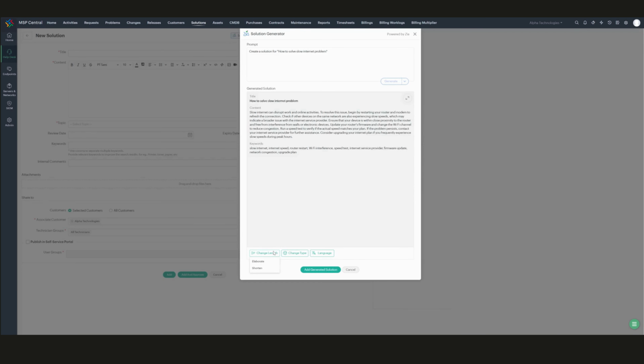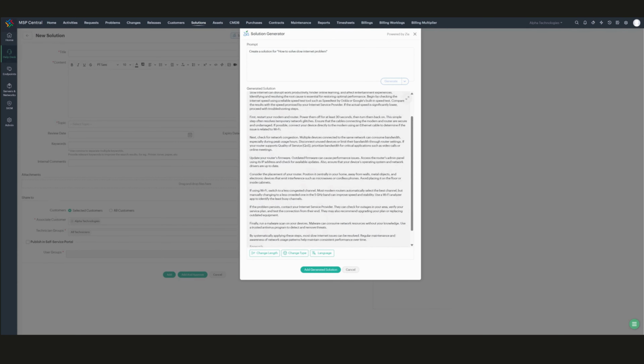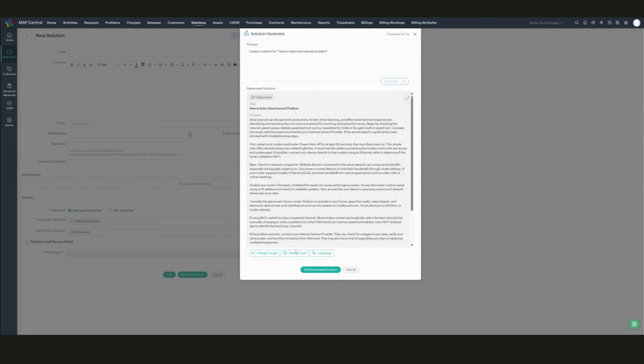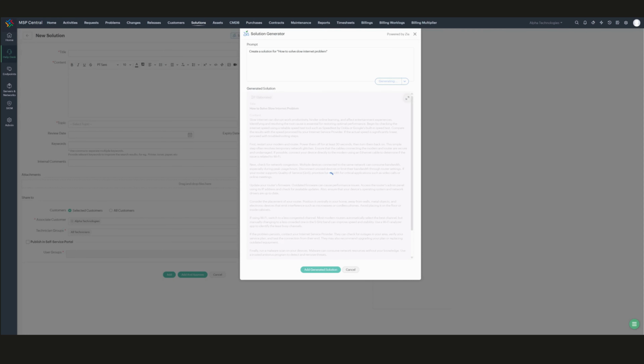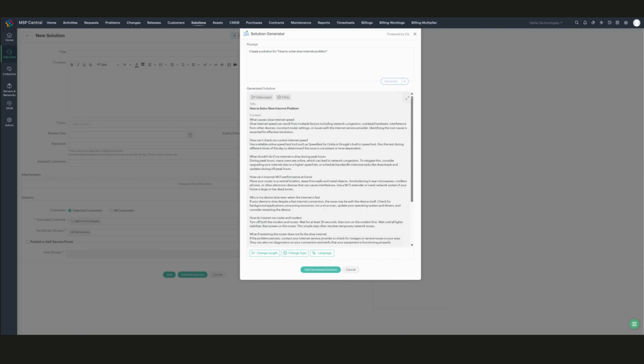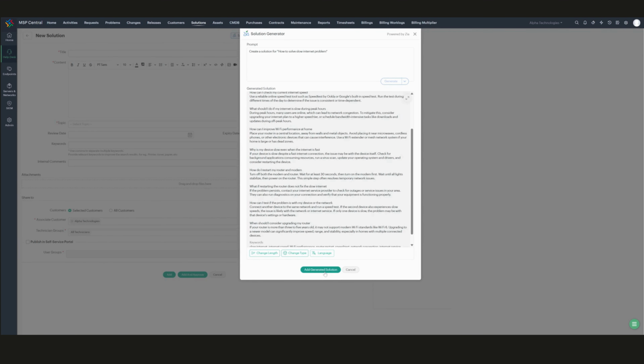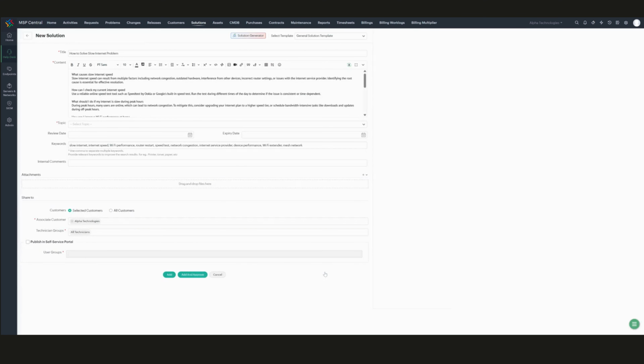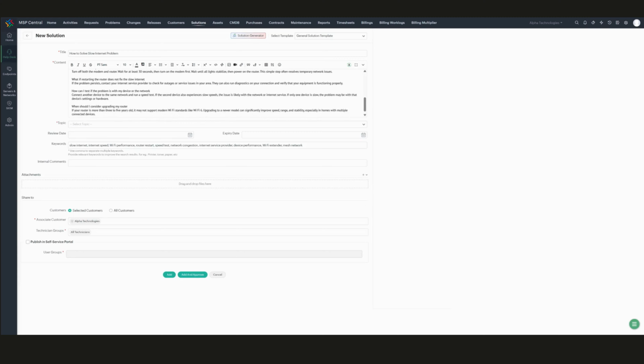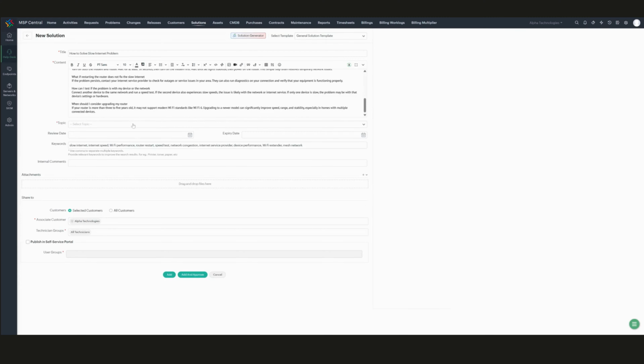You can even change the length of the solution to be more elaborate or shortened, change the language, or set the format as a how-to guide or frequently asked questions. Once done, click the Add Generated Solution button. After this, select a topic from the drop-down,